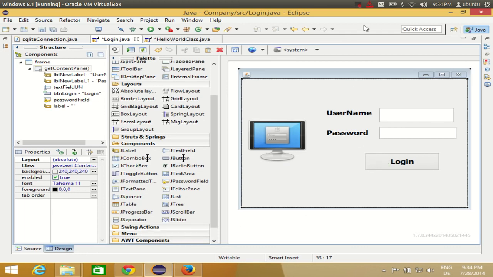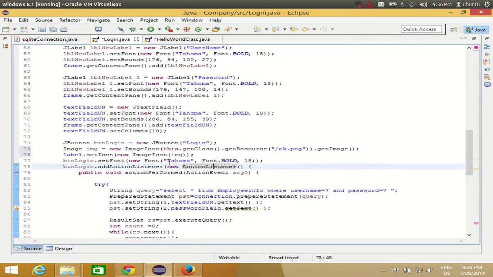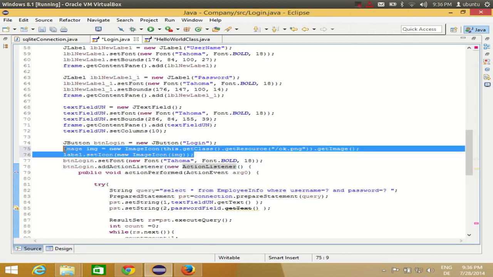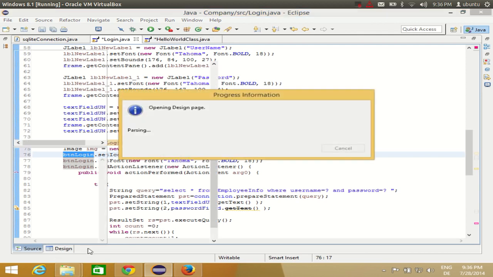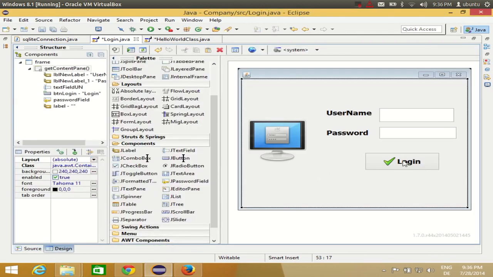Let's see why. Why is it showing an error? Because I haven't changed this label name to the button login. So just take the name of the button and paste it in here, right? So this code will be like this, and don't forget to change the name of the button, which is this one. When I go to design view once again, I will be able to see this image here. Okay, so in this way you can add images and icons